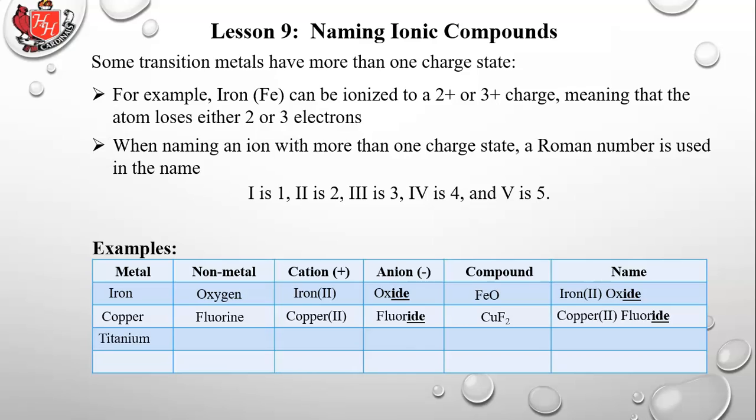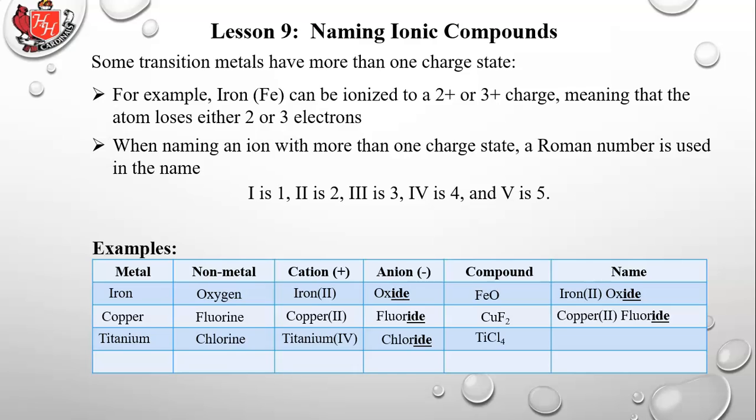Titanium, chlorine. Okay, we're going to use titanium 4. So titanium has several charges. We're going to use the 4+. That means it's lost 4 electrons to be a 4+ ion. Chlorine becomes chloride. It's